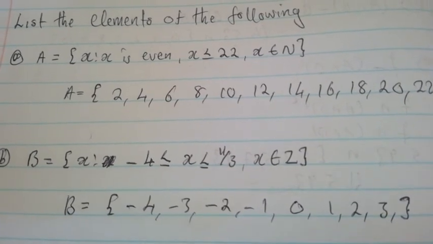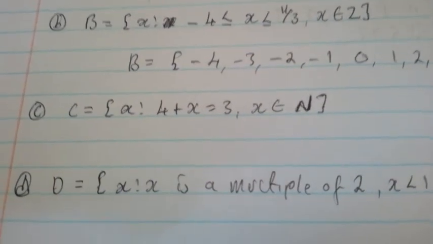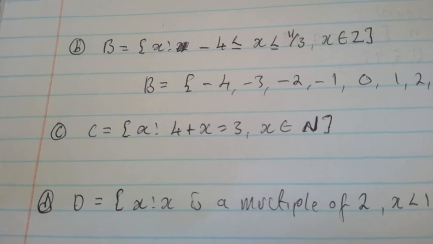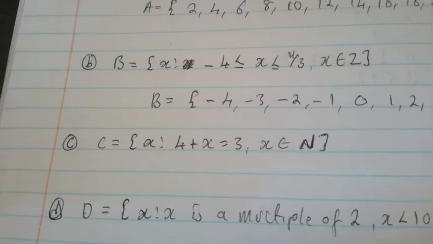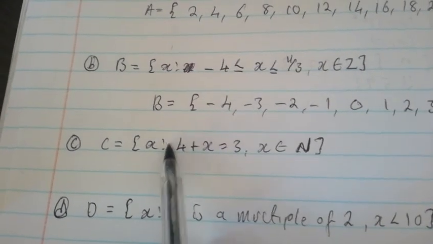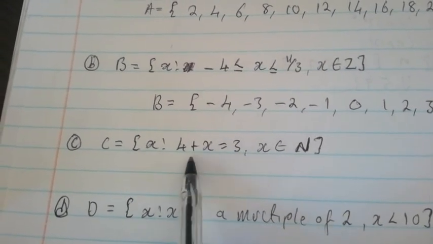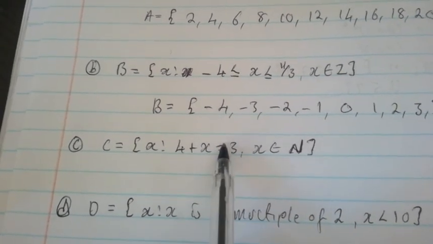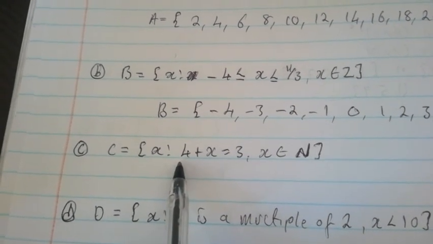We proceed with the next question. Question C says x such that 4 plus x is equal to 3 and x is a natural number. We've talked about what natural numbers are. So whatever value of x we put here should give us 3. And when you look at this, the only value of x that would give us 3 is